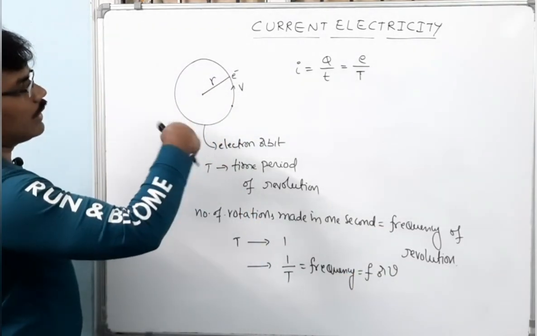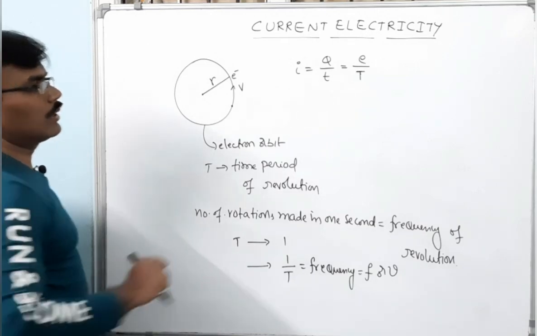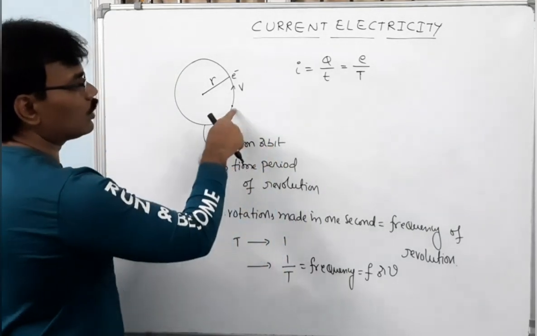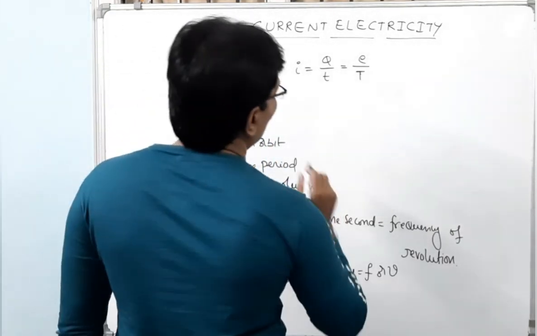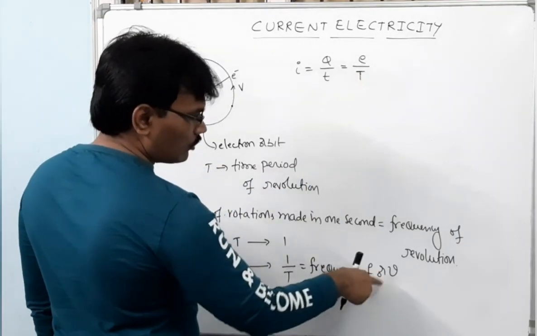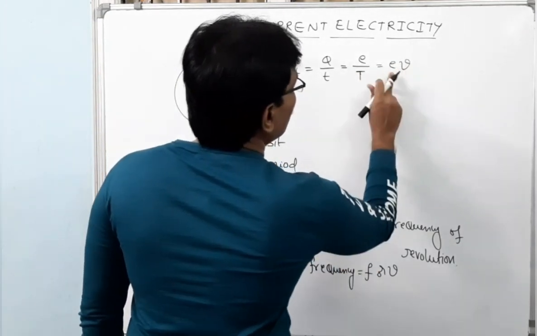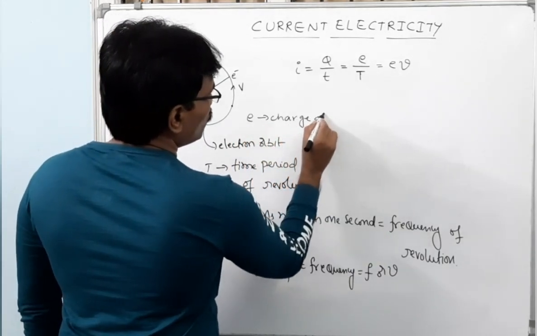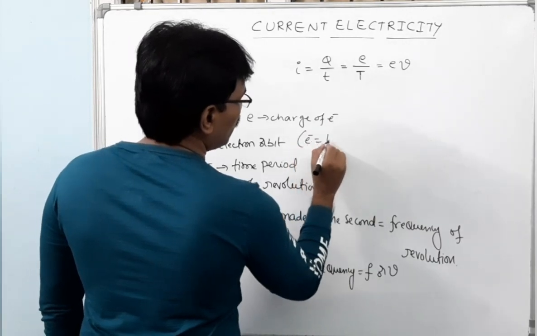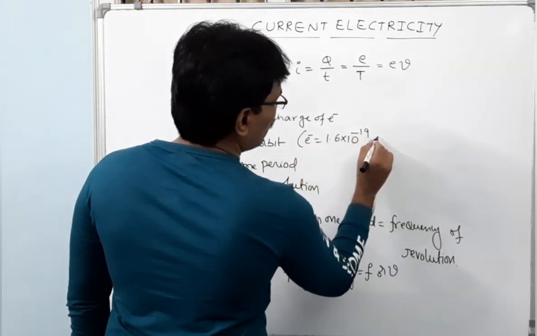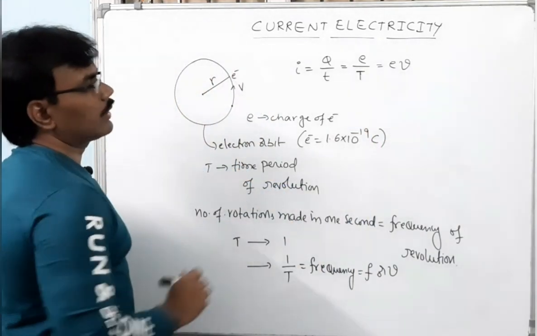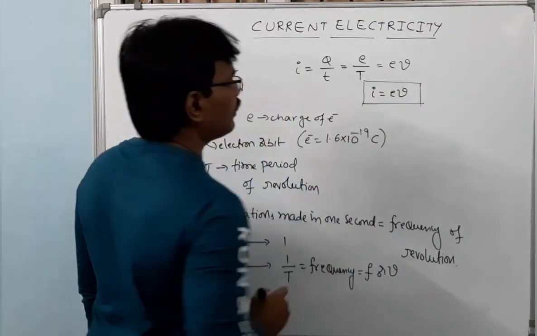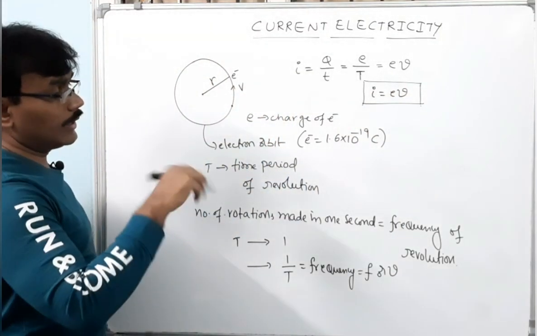So the electron is making rounds in the electron orbit. If you consider a time equal to its time period, in that time how much current is flowing through any point in the electron orbit? Since 1 by T is equal to frequency, the electrical current is equal to e times f, where e is the charge of the electron, and that value is 1.6 x 10^-19 coulombs. So this is the formula to find the average electrical current passing through any point in an electron orbit.